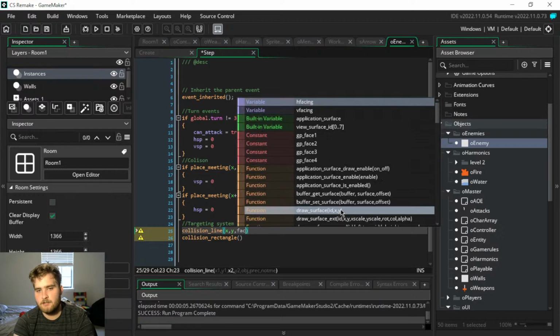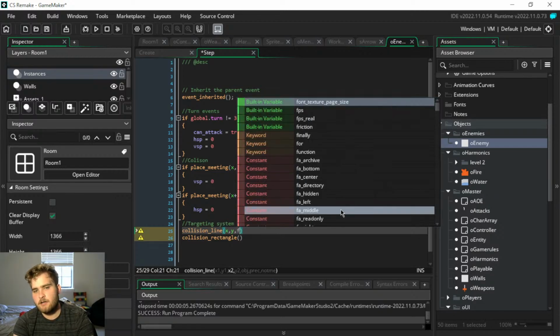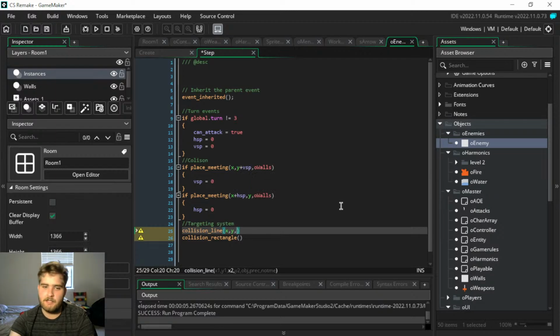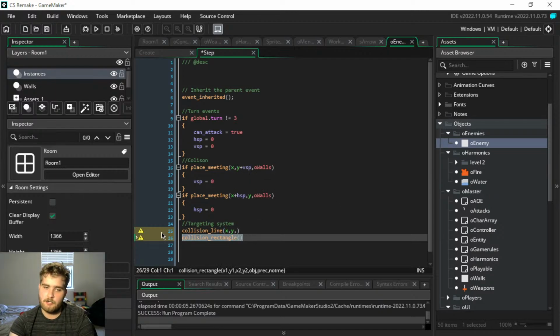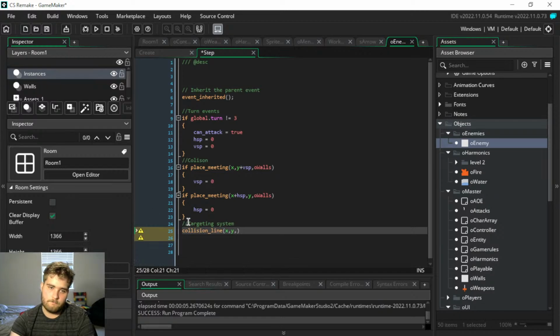So facing, it's not gonna be, we're gonna make this one right here our... let's have this be vcheck equals collision line x, y